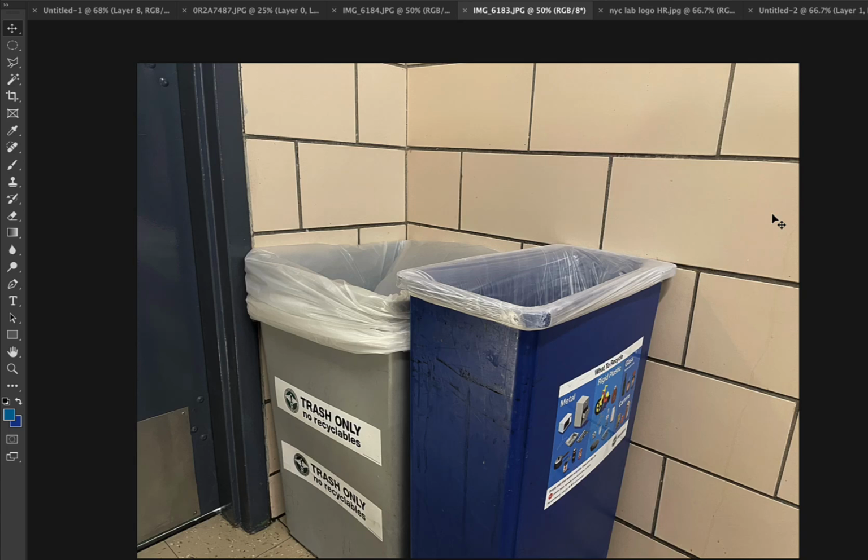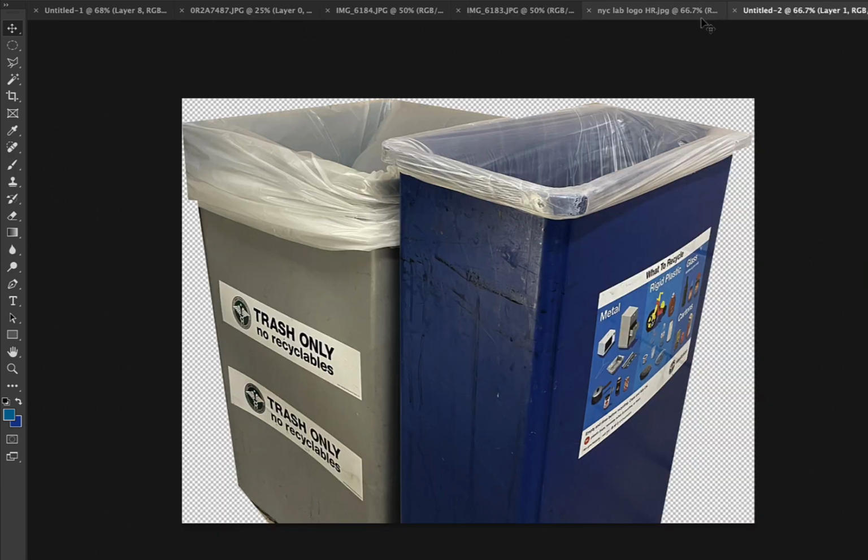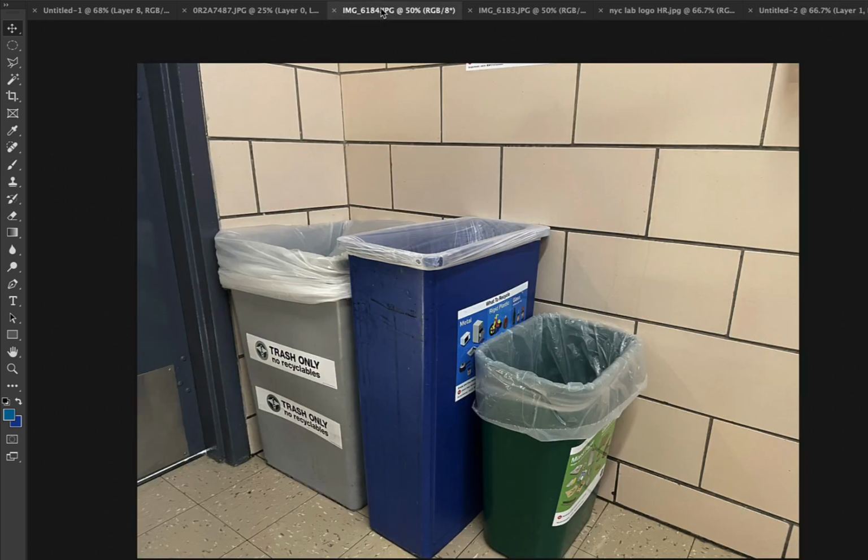What's up, graphic designers? Photoshop is all around us, including on this trash and recycling bin. And I know that probably some of you guys know how this works. I feel like maybe some of the labbies could use a little bit of inspiration. And to achieve that goal, what we're going to do is create a little bit of